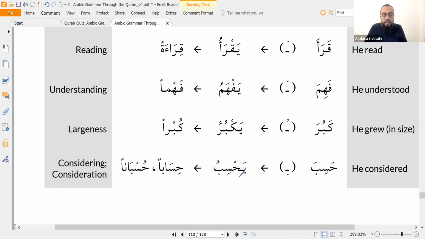So those are your verbal nouns. Again, you can't work out the verbal nouns, you have to learn them. So if I give you a certain verb, there's no pattern in form 1. You can't guess or work out the pattern of the verbal noun. You have to learn the verbal noun with the verb. So when you learn the verb, you learn the perfect, you learn the imperfect, and you learn the verbal noun. There's 3 key things you need to learn.